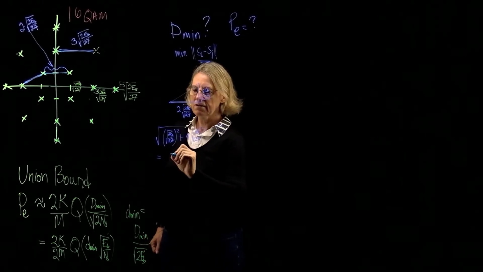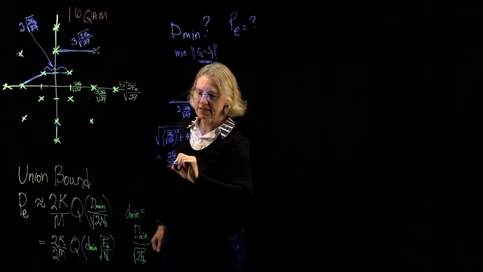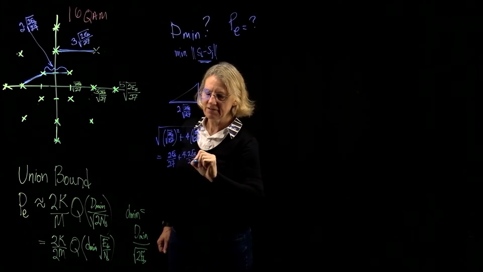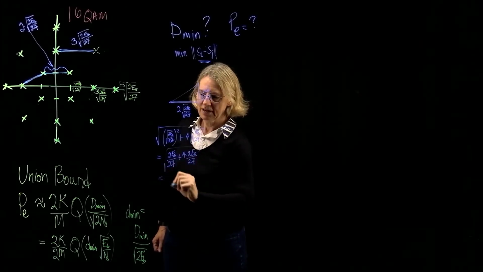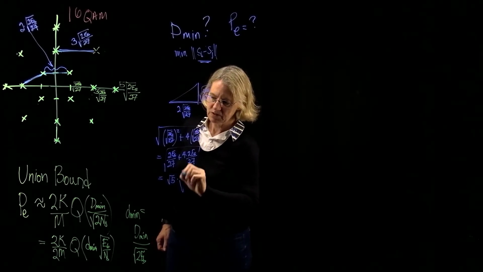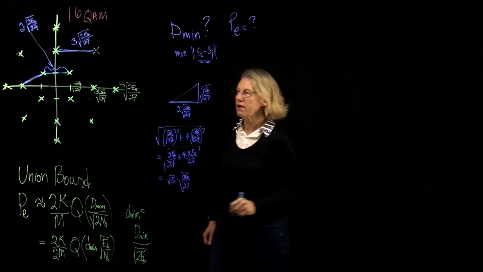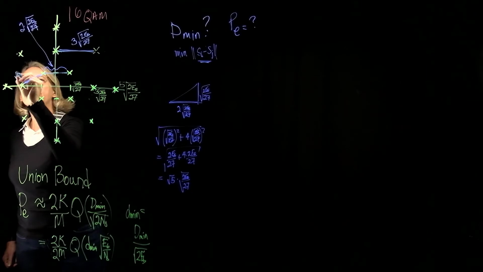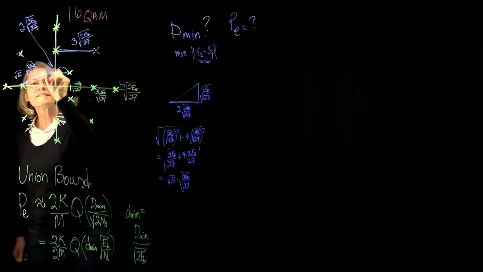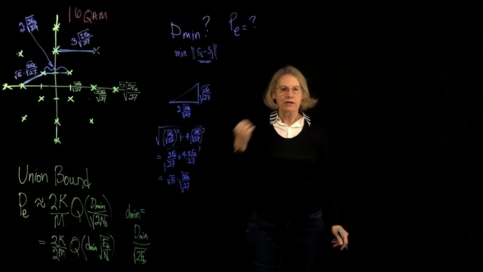And so I get here the square root of 2ES over 27 plus 4 times 2ES over 27, all square root. So I get, let's say, the square root of 5 times the square root of 2ES over 27. Okay, so now I can say this is the square root of 5 times the square root of 2ES over 27. So now I have three lengths that I'm considering, and I want to know which of those three is